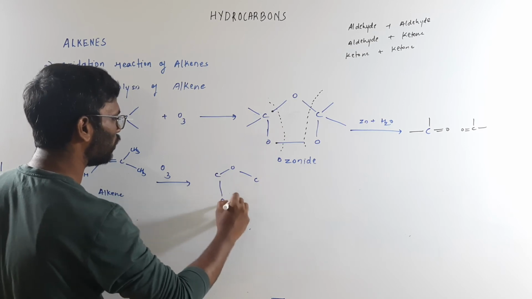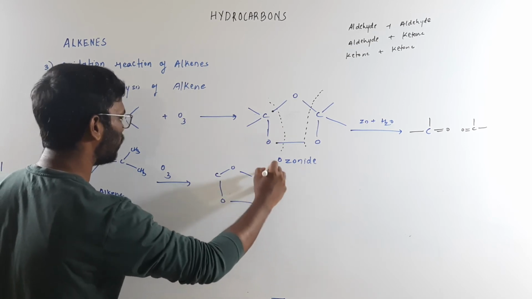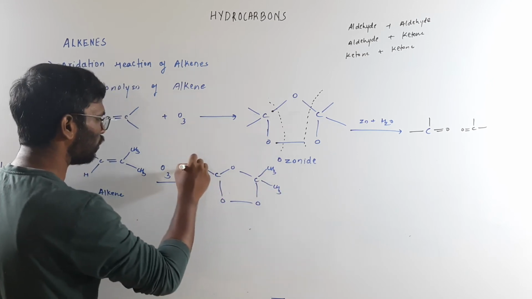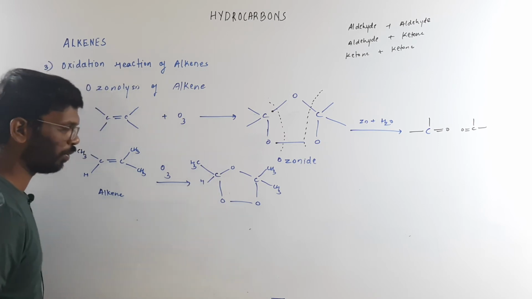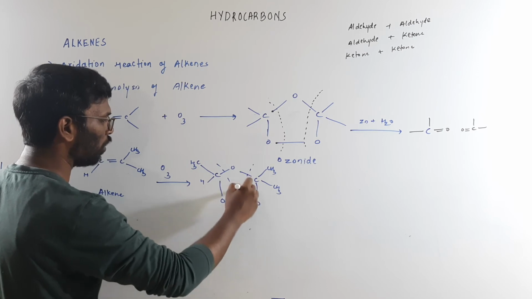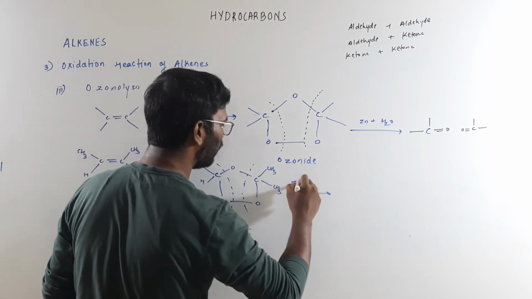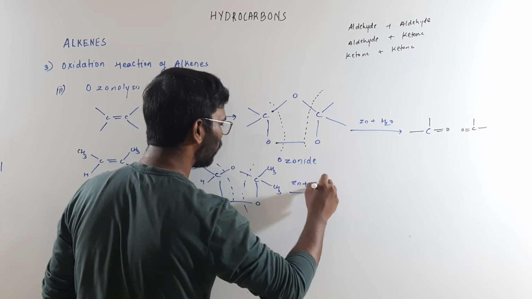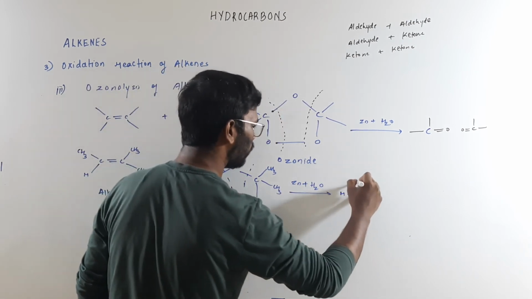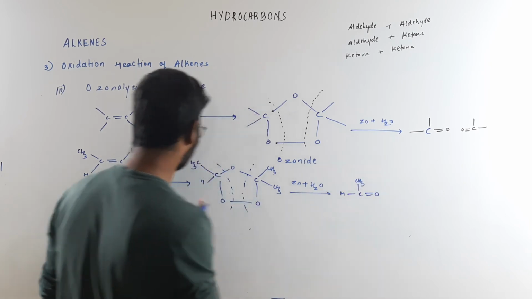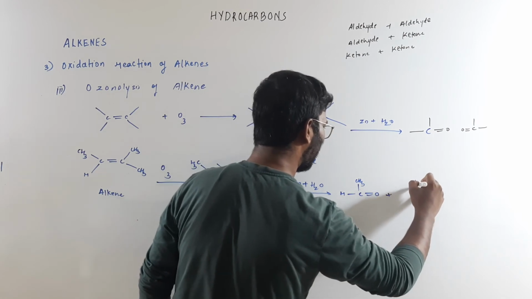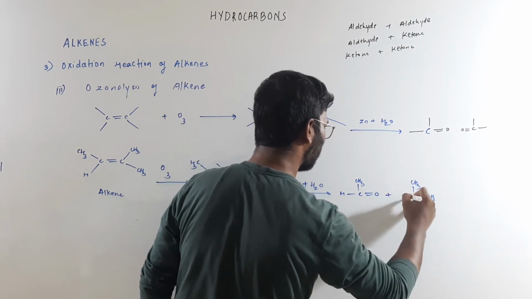Further, if I do the oxidation, if I add ozone, then what I am going to get is this oxygen over here. Then this is CH3, CH3, and this is CH3 and the hydrogen. So bond cleavage is going to take place this way in the presence of zinc and water. Here there will be a reduction. What we get is these two things, that is CH3 double bond O, and the other compound I am going to get is CH3 double bond O.